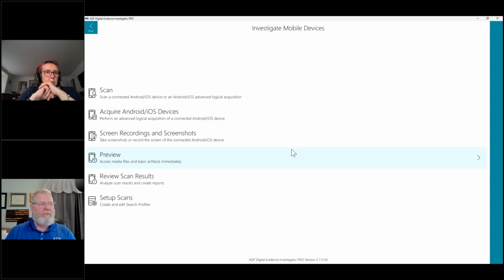So simply, we would just go in and treat this like we made an acquisition of a phone. We're going to go into our scan screen. We're going to add that acquisition, and we're going to scan it with one of our search profiles, which is the basic. It's your set of instructions on what you want to get out of your acquisition. In this case, it's screenshots, and it's going to process it. And we'll go through that in a couple minutes.